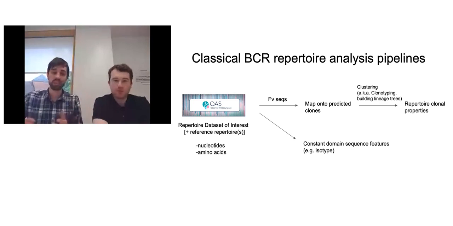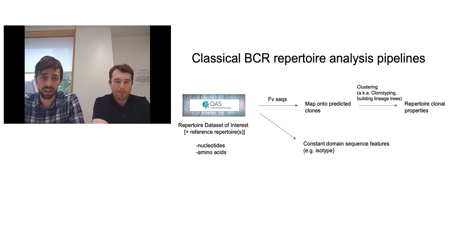So we've got all the sequencing data that represents what's going on in someone's repertoire at any one time. So how do people start to make sense of all of this complexity and predict the functions of what's going on? We start with the repertoire data set of interest. It might be 10 to the 8 unpaired heavy sequences, or it might be 10 sequences here. These are nucleotides or amino acids. Most of the things I'll talk about today will be amino acids because our group works at the residue level.